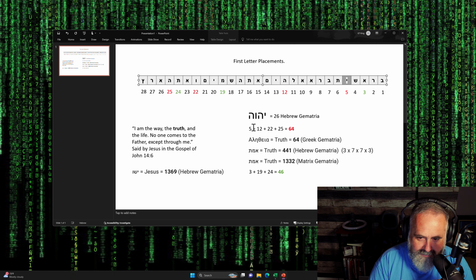Now, here's what's interesting. The position of Yahweh, where the letters fall, the position totals 64. And then we get truth in Greek gematria. So there's a tiny bit of a connection there. It's bigger, you'll see in just a minute, but I'm calling it tiny for the moment. We know that the Bible was written in both Greek and Hebrew. Now, if we look at the Hebrew word for truth, it has the gematria value of